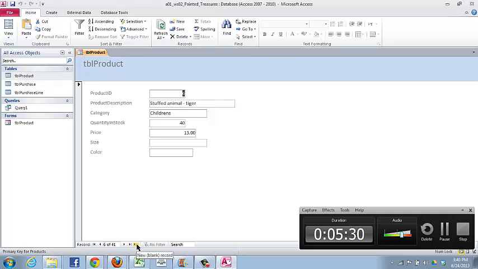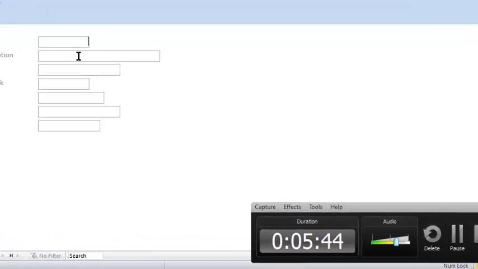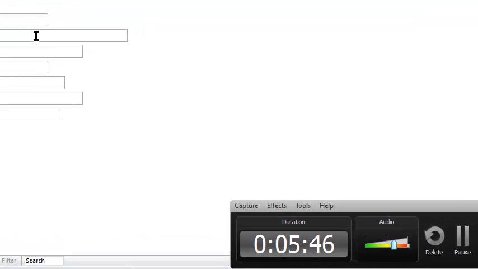Now you're told in the instructions to add a new record, and if you'll notice down at the bottom you get a tooltip that says where we have the asterisk or the little sun, you can add a blank record. You do not enter the product ID because it's going to be entered for you. The product description is given to you and you're supposed to type in that new clothing item for adding a new